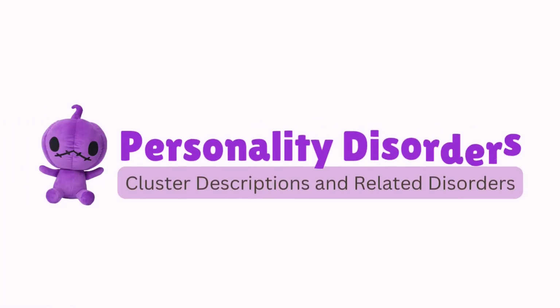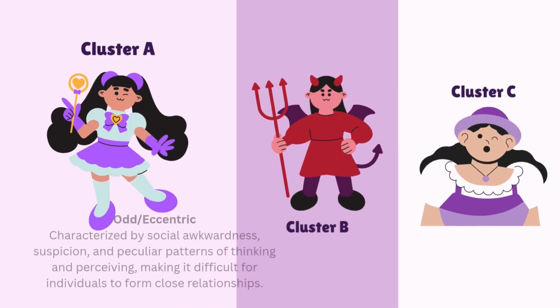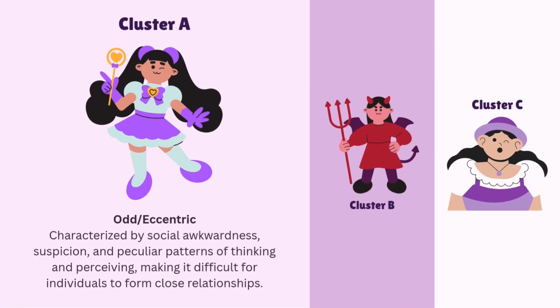And on to our last category, personality disorders. Personality disorders are enduring and inflexible patterns of thinking, feeling, and behaving that severely deviate from cultural expectations. We group them into three clusters: A, for odd or eccentric, B, for dramatic, emotional, or erratic, and C, for anxious or fearful. Cluster A, as stated, have individuals who often appear bizarre or unusual and having difficulty forming close,